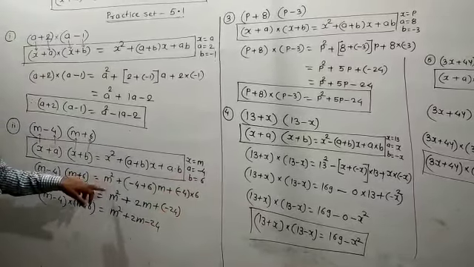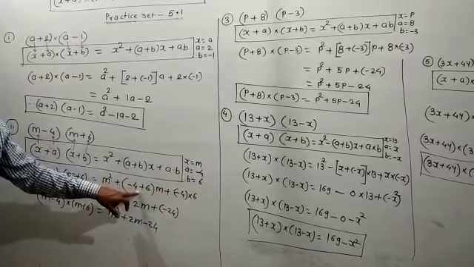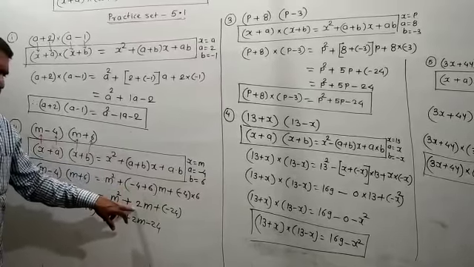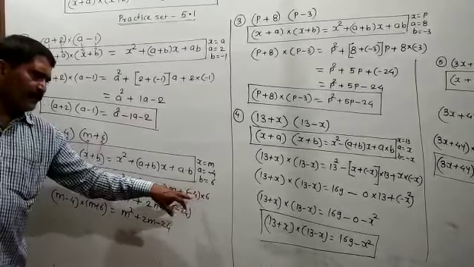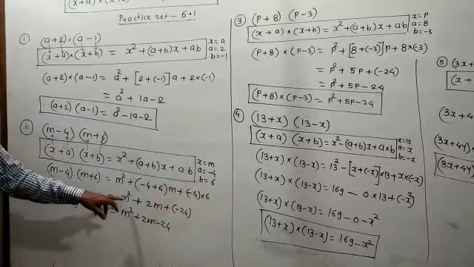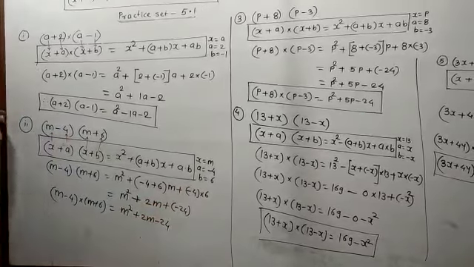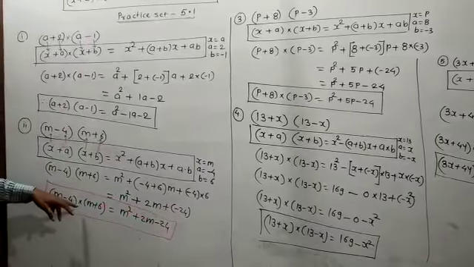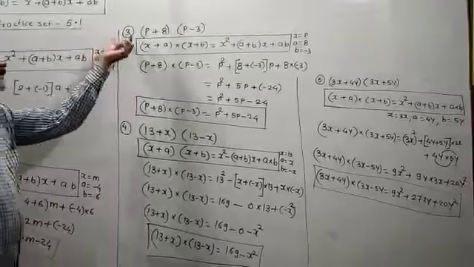Here m² is as it is. Here one number is negative and another is positive, so find the difference between their magnitudes and give the sign of the greater magnitude. This answer −4 + 6 is equal to +2m. Here you have to do the product: 6 fours are 24, but one number is positive and another negative, so the product is negative, so −24 will come. So m² as it is, 2m as it is, and plus multiplied by minus is −24. From that we get the answer (m − 4)(m + 6) = m² + 2m − 24.